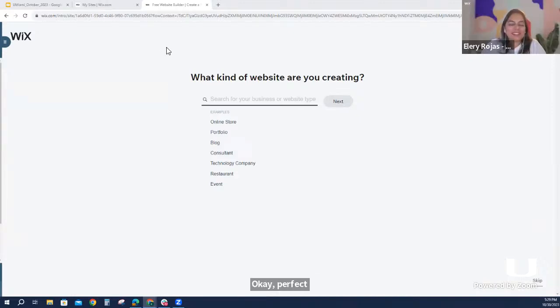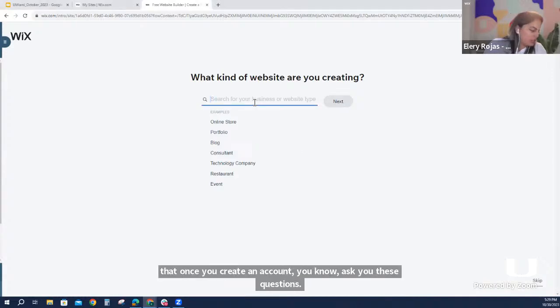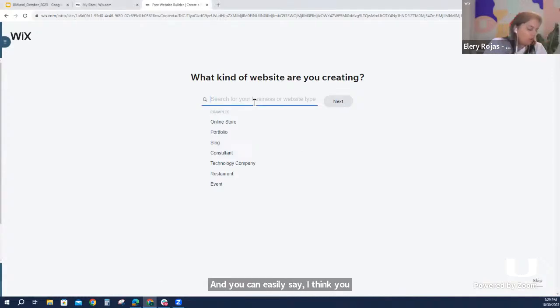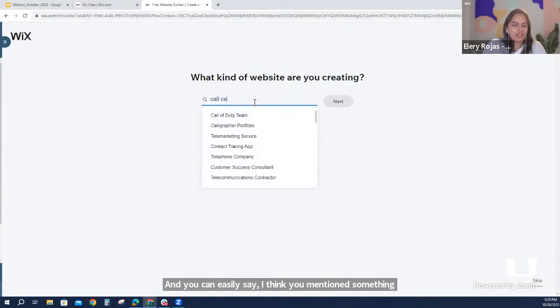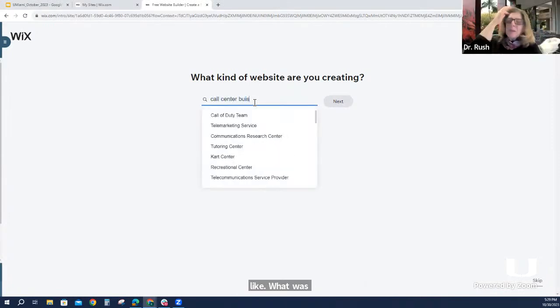Okay, so aside from that, you have this freemium model usage, and you can search up any kind of template or business that you're looking to do. So you'll notice that Wix, once you create an account, will ask you these questions. You could do maybe something like mental health.